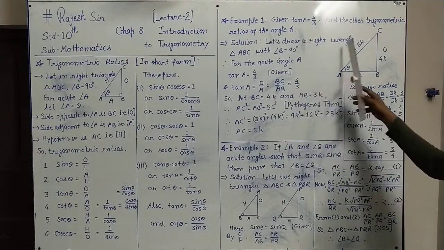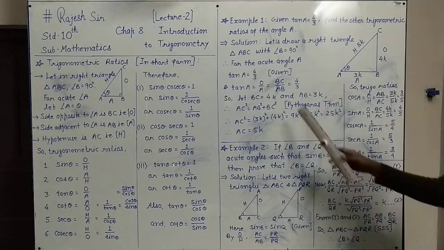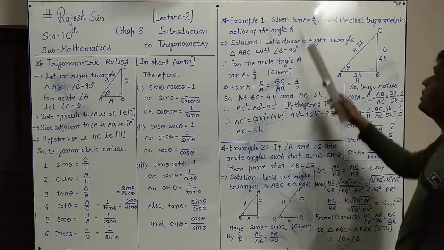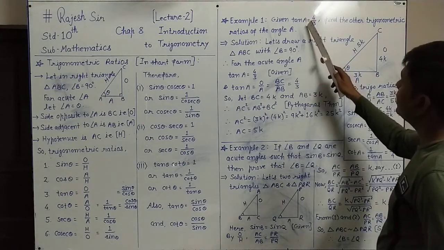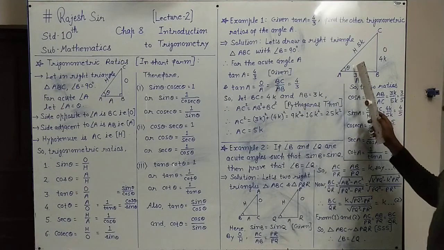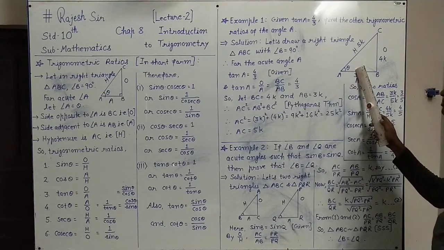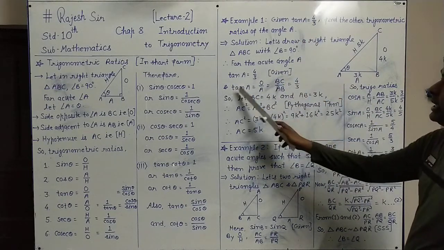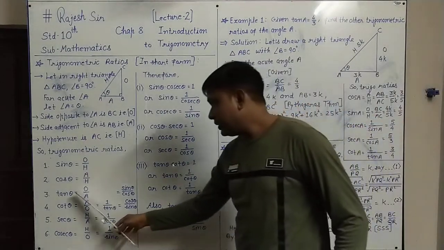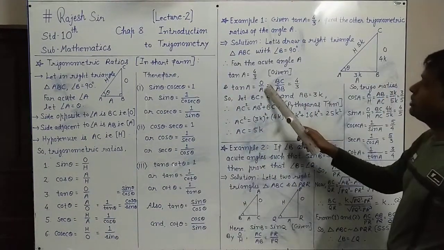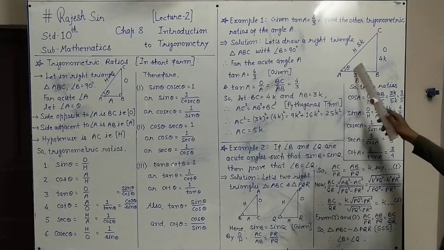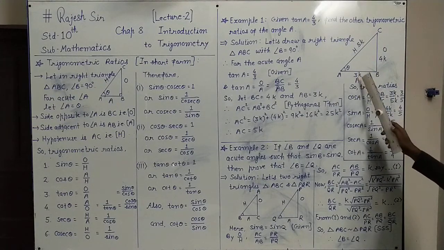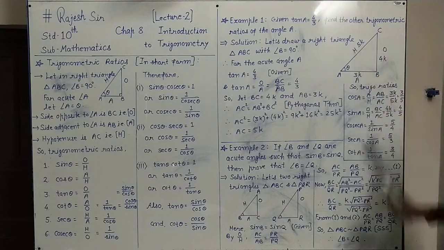So for that, let's first draw a right triangle ABC, in which angle B is 90 degrees and angles A and C are acute angles. As the question has tan A, they are talking about angle A. So for the acute angle A, we consider the measure of angle A to be theta. So tan A equals 4 upon 3 is given. And tan theta equals opposite upon adjacent. For angle A, opposite is BC, denoted by O, adjacent is AB, denoted by A, and hypotenuse is denoted by H.